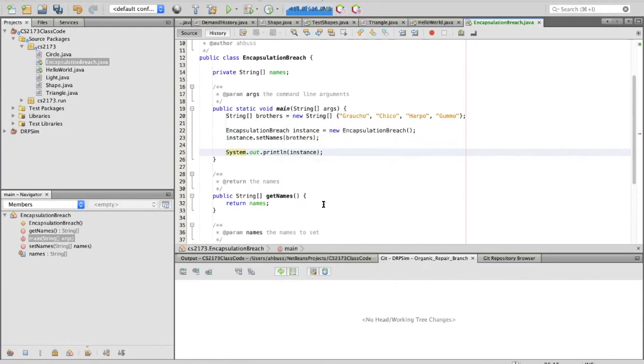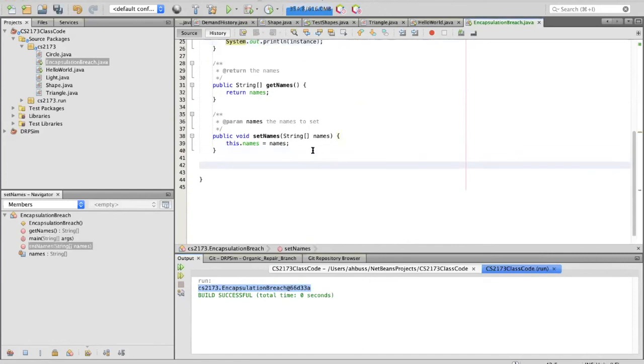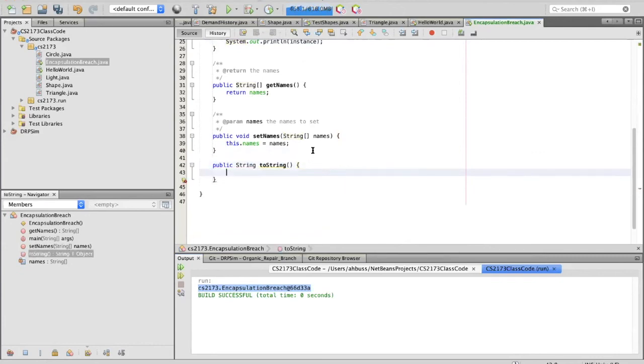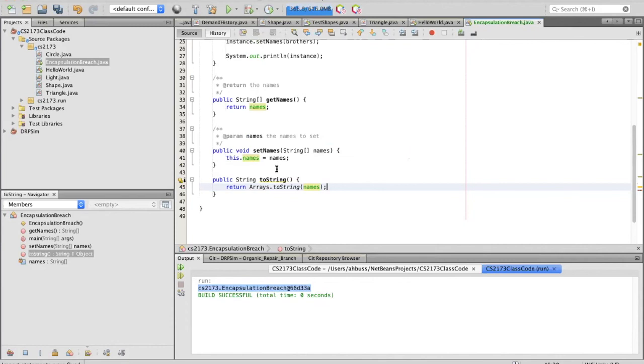And so when I run that, what do I get? I get the default toString, which is not very informative. So instead I write one of these toString methods, an override.